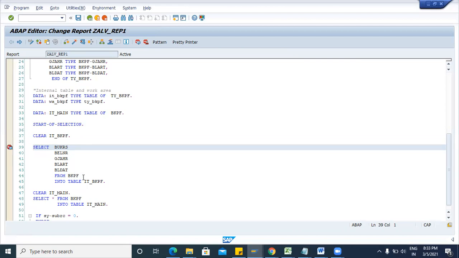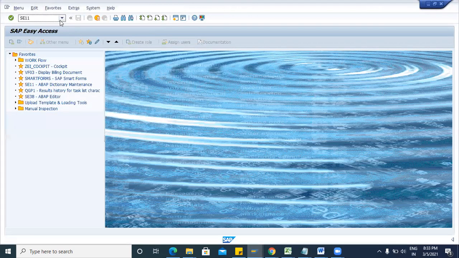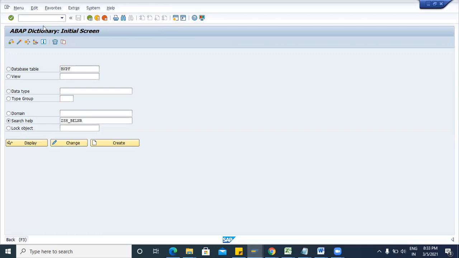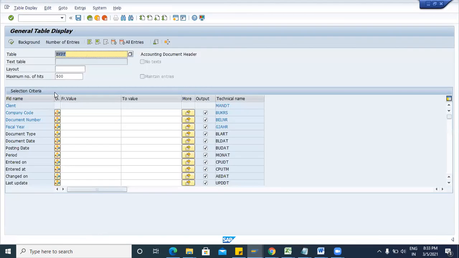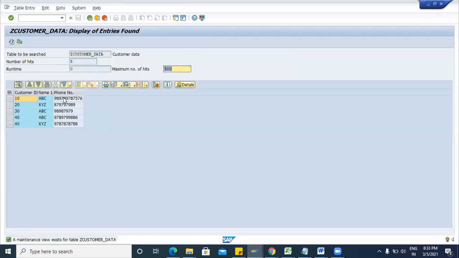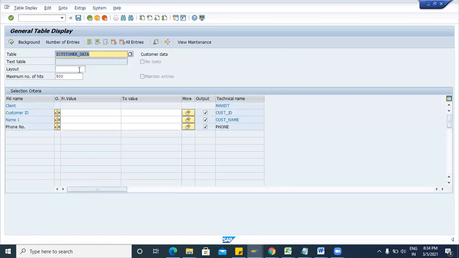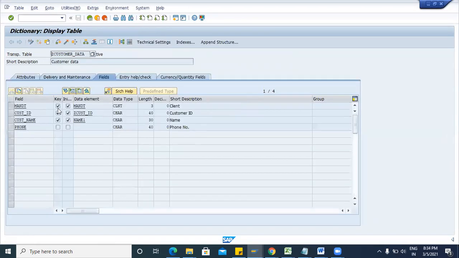Suppose you are fetching the data from a custom table, for example the custom table G customer data that we created yesterday. SE16N, G customer data, F8. If you want to fetch all these fields, in this custom table we do not have many fields, so you can use the select star.